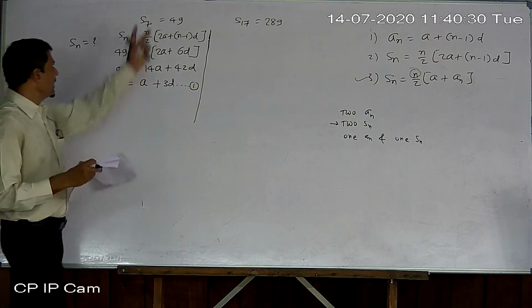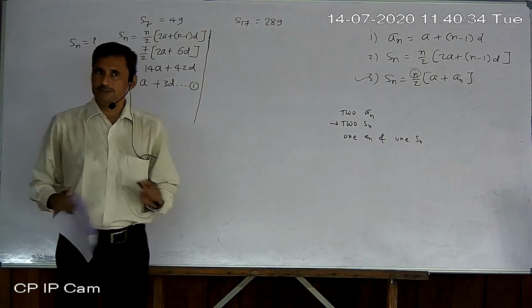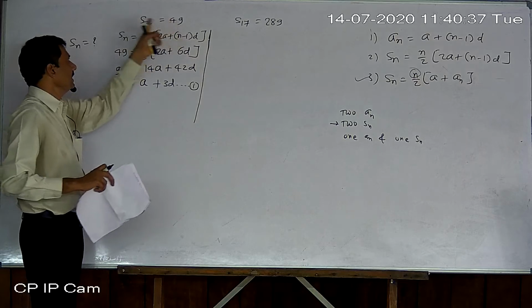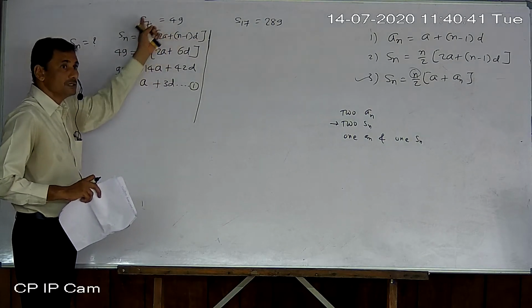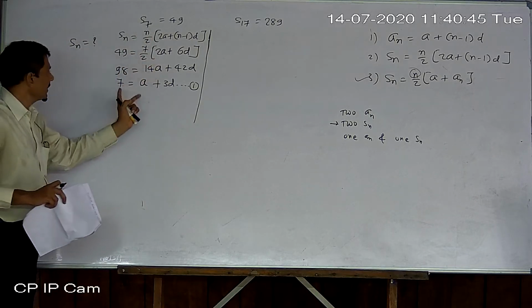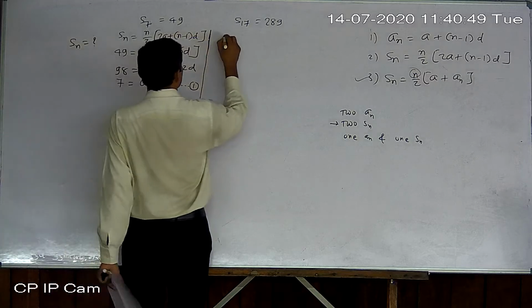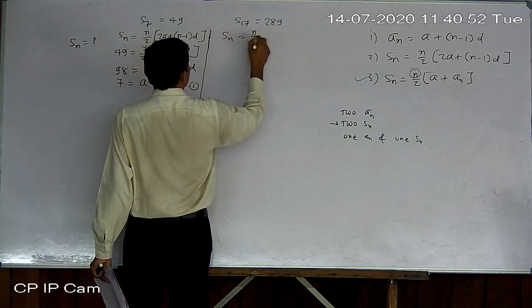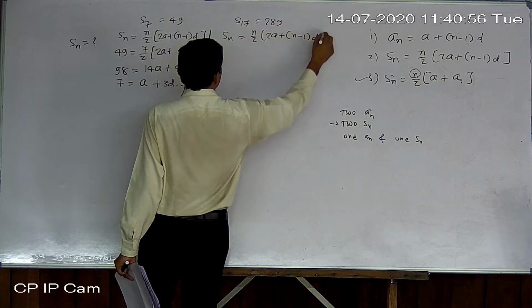Okay. If n is given here, we can write direct equation, a plus n minus 1 d. Suppose a7 given 49, then we can write a plus 6d equal to 49. But here Sn is given. So use formula, place the values, and then you can find equation. Same way, find here also Sn equals n by 2 into 2a plus n minus 1 d.